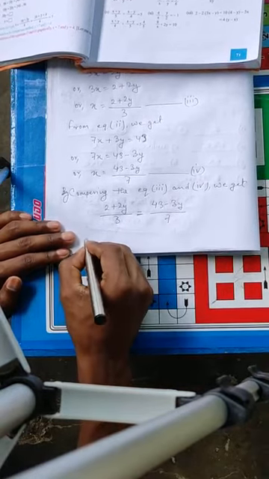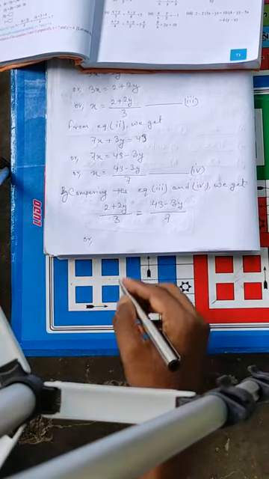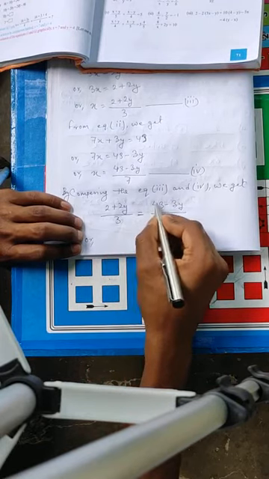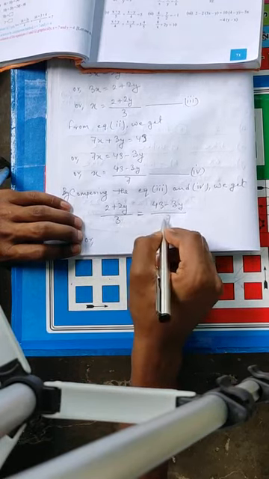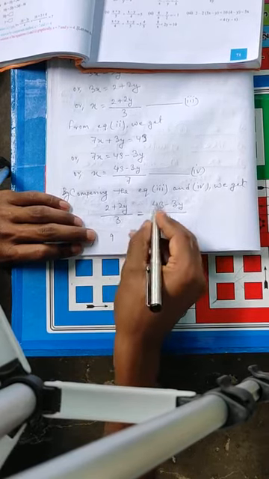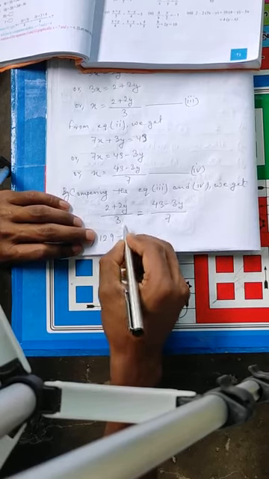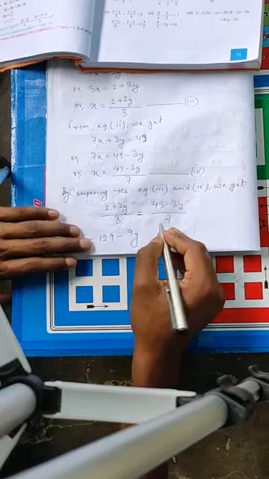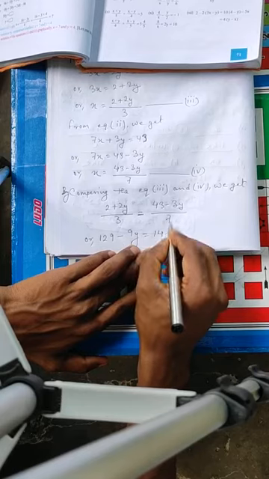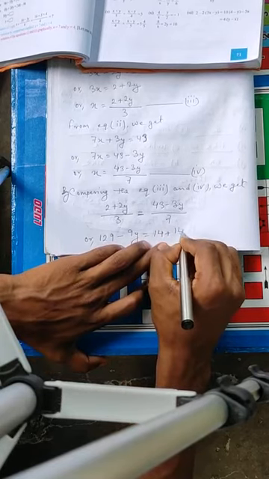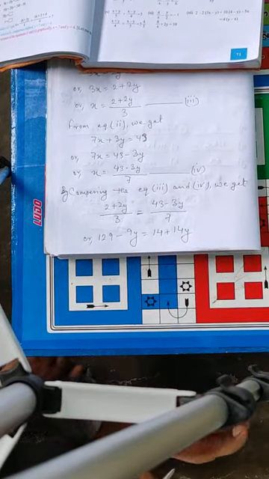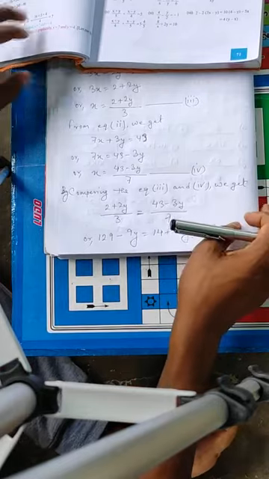Now look at there, we do cross multiplication. 3 3s are 9, then 3 4s are 12, 129 minus 3 3s are 9y equals 7 2s are 14 plus 7 2s are 14y.